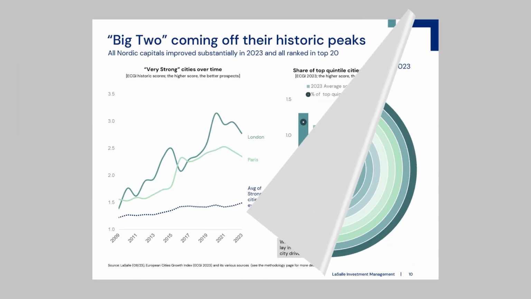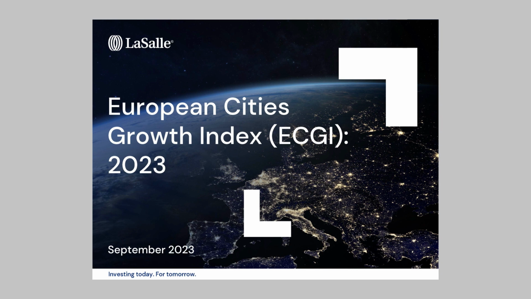Another thing we found was that globally allocated capital is similar in size across North America, Asia Pacific, and Europe. But if you look at the city level, there are differences. One is that Asia Pacific is really a region of megacities. Here, 19 metros account for 3/4 of the institutional capital. In Europe, the capital structure is a bit different, and it's more dispersed, with 47 metros combining for the same fraction. This, of course, requires different investment approaches and tools, such as, for example, our LaSalle European Cities Growth Index, which combines fundamental real estate demand data to point out where relevant cities sit.